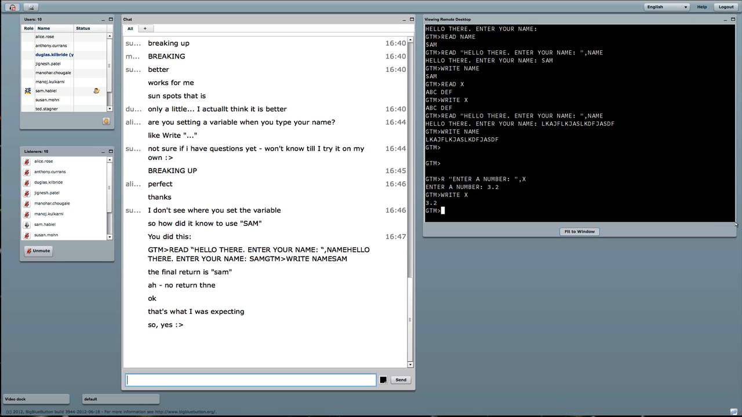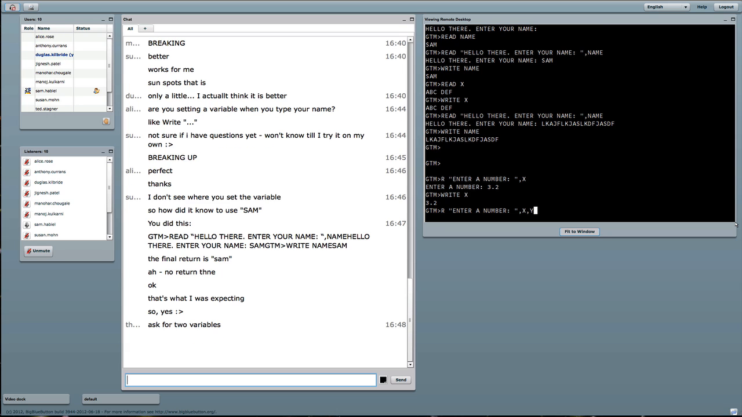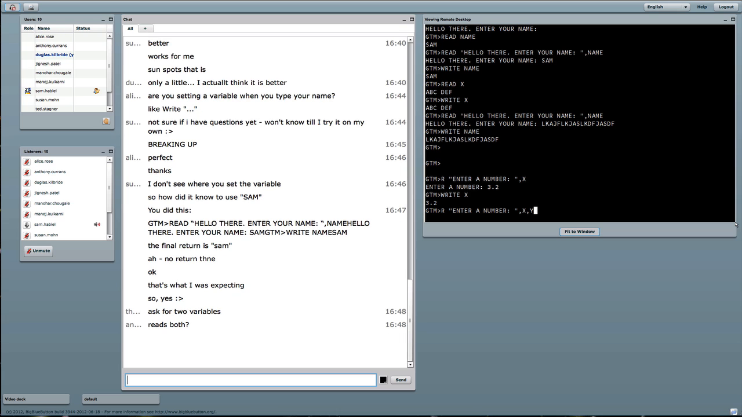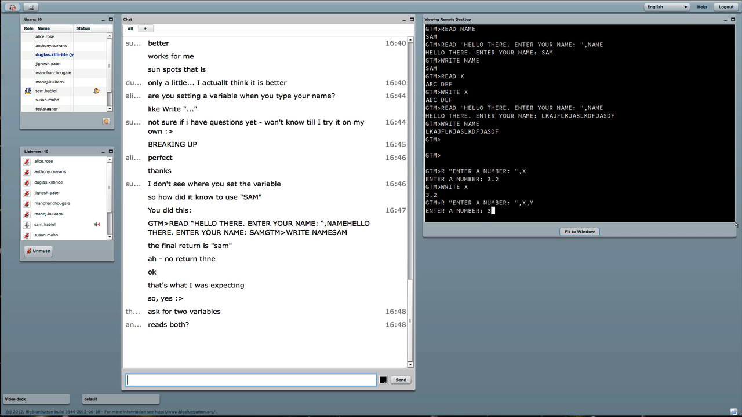So here's another thing to do with read that might be confusing, but it's also valid. Nobody does it, but it's allowed by the rules of MUMPS. You could say read X, comma Y. So what do you think will happen? Who wants to guess on the chat? Yep, that's correct. You're going to ask for two variables. You're going to enter a number called X. I'm going to hit